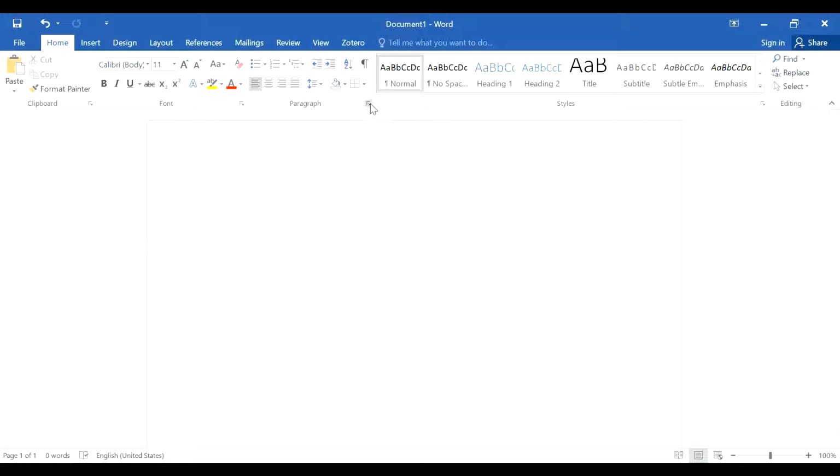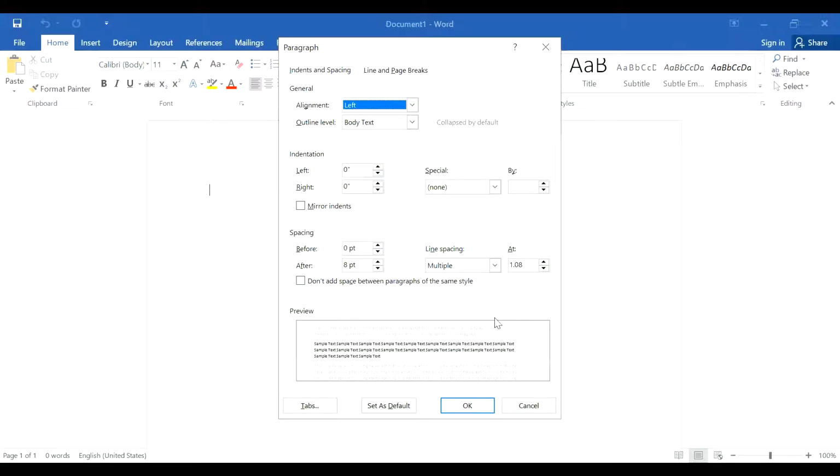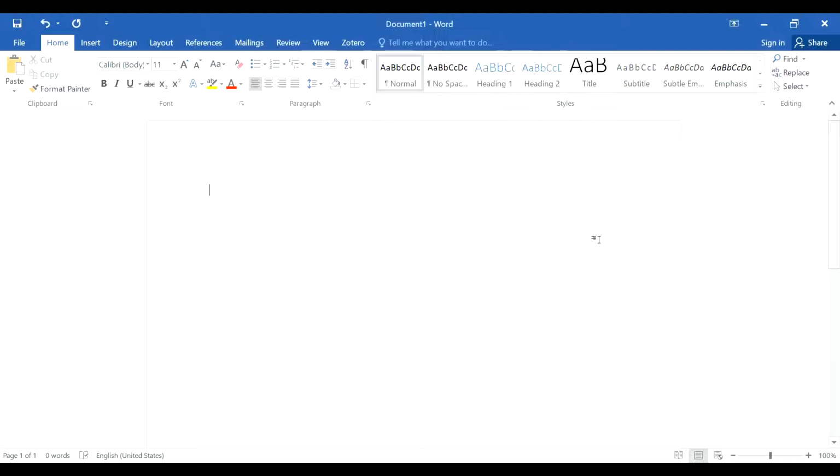To make that change, you go to the paragraph menu here. And then you need to change the line spacing to double. And please also change this to 0. And then say OK. Now we are ready to start typing. The first thing you do is that you press enter 4 times. 1, 2, 3, 4. The first thing you're going to type is the title of the paper, and this must